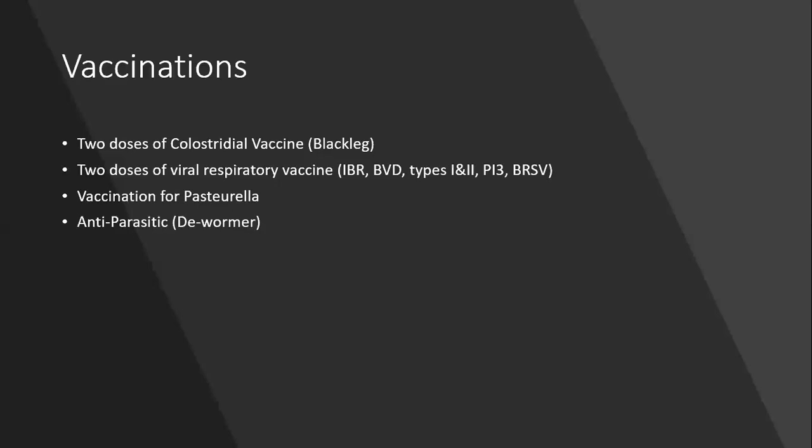Some of those calves will respond to the preventatives or the vaccinations that you give them when they contract some of these respiratory diseases. But some of those calves wouldn't respond. Then you'd have to bring them up and vaccinate them again. Sometimes they wouldn't respond to that, and then you'd have to bring them up a third time. So you end up having so much more money that you have to put into these calves, and not a guarantee that they'll make it. And so again, I can't stress enough,